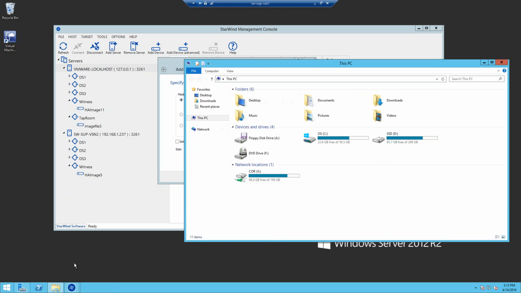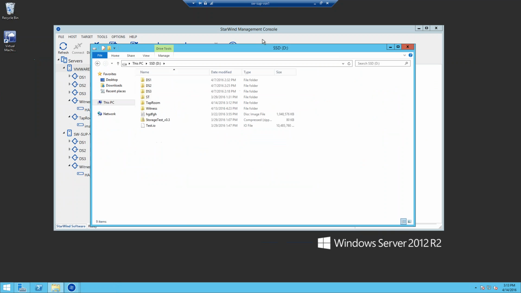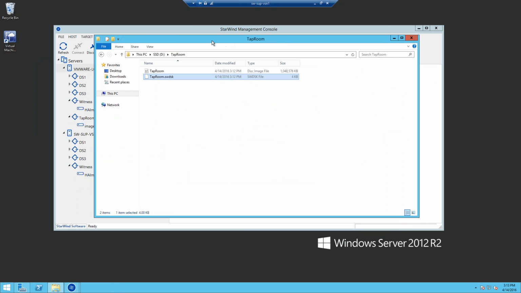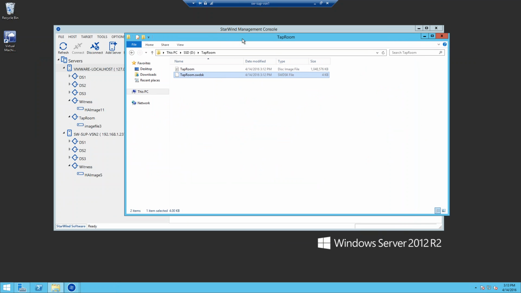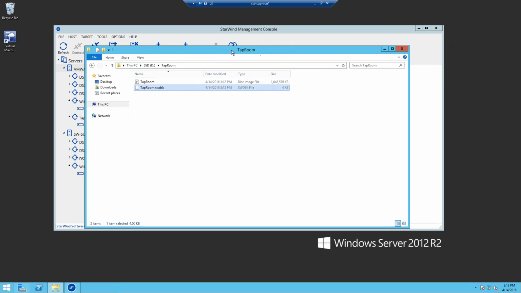I'll show you where you could find it. So our underlying storage on SSD drives, like I mentioned before, and over here our device. So this file. If you decide to change the value which has been specified before or disable cache altogether, it could be achieved by editing those files. However, that is a topic for our next